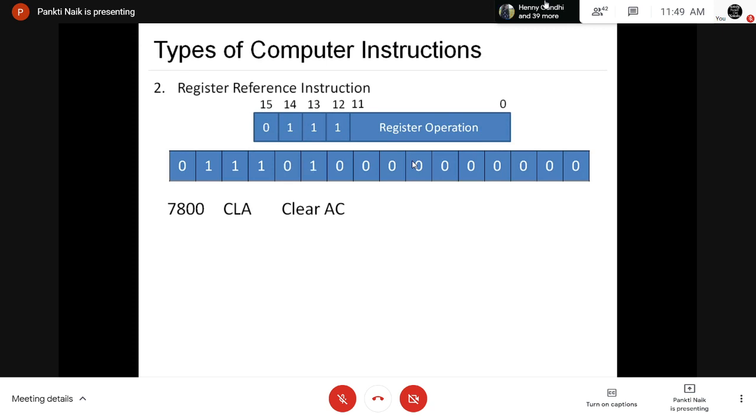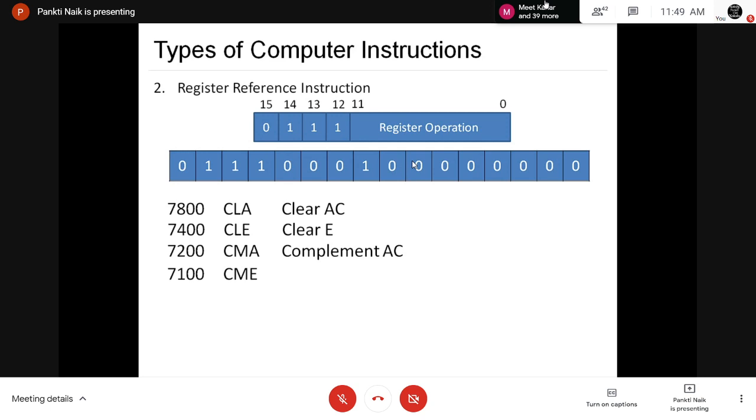The second instruction is CLE, that is clear E, clear the content of the E register. Next is CMA, that is complement AC, complement accumulator. Whenever you want to find the complement of the value of the accumulator, use the CMA instruction.